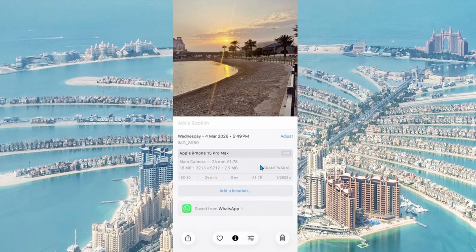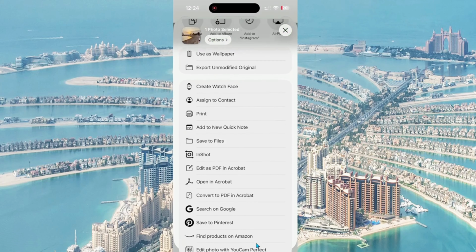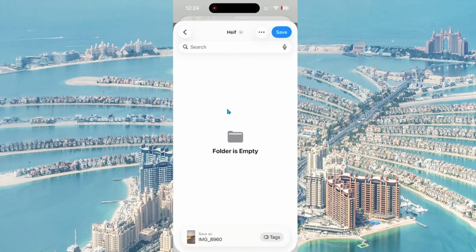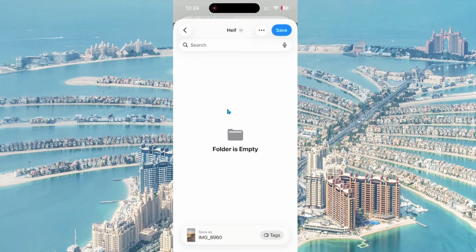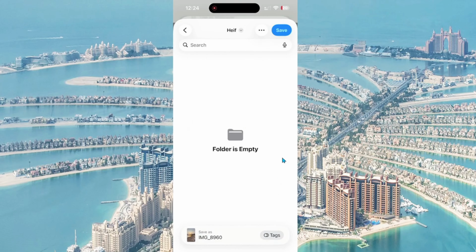So what we have to do now is save this file into the Files folders in the iPhone. So just click over here and choose save to files. You'll have this option over here. Just click on that and it will ask us where we have to save it. So you can choose a different folder. I had created a folder here called HEIF, so I can just choose that one